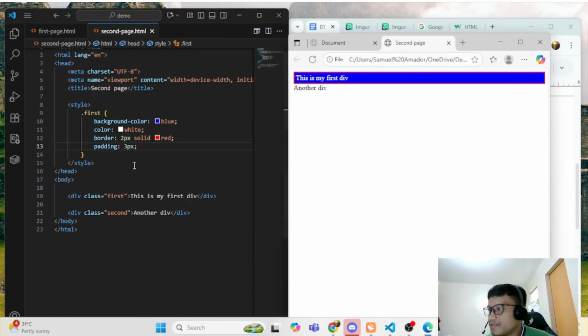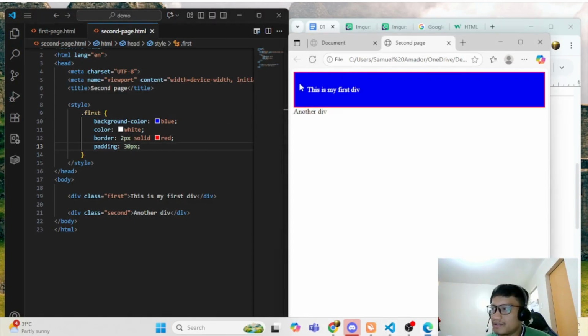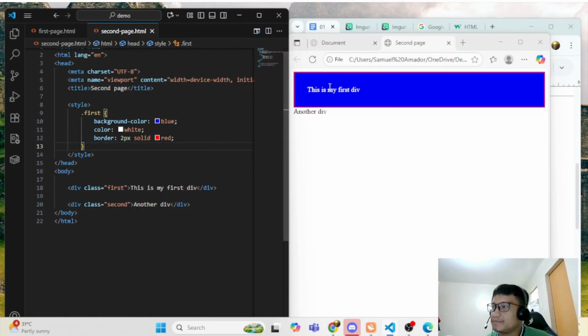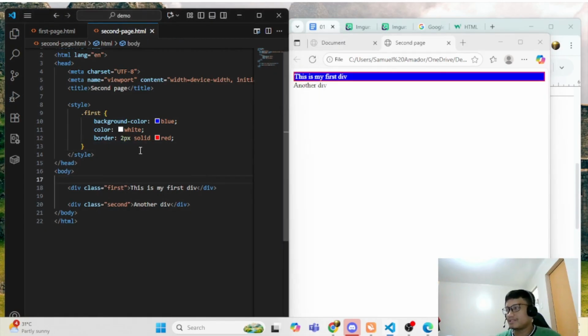Refresh. Okay, so add more 30. Yeah, so this is the padding. So later on, we will go to the box model. So maybe let's just skip the padding for now. Okay, so let's say for the second,